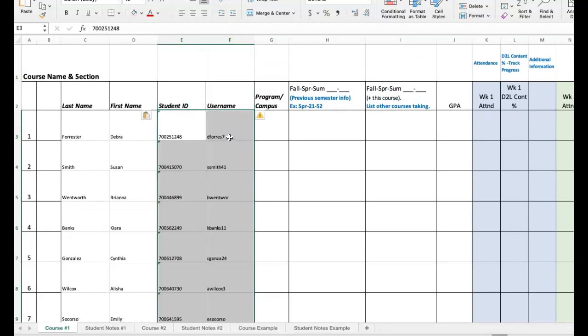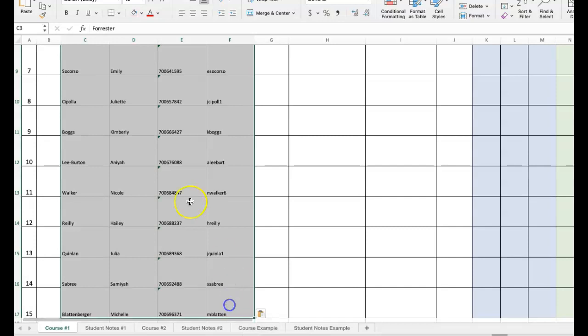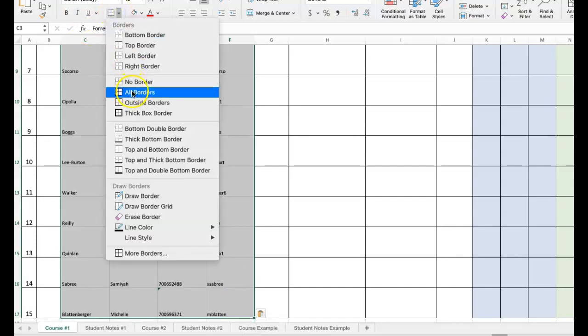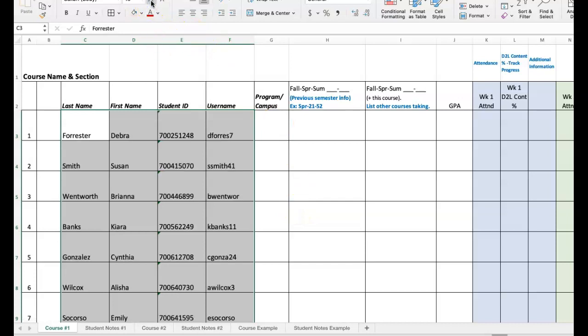transfer. Okay, and then just double check that you're all aligned, and again, to make it pretty, we're going to highlight our boxes, and we're going to put all of our borders back up. Certainly you can size this up or down to make it comfortable for you. So now you have your last name, your first name, your student ID, and your username. And again, you may choose the option of putting the full email address, although we know the conclusion is the